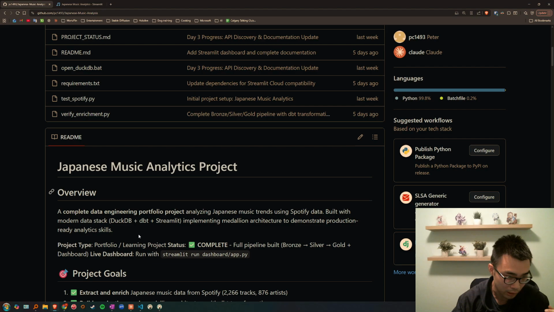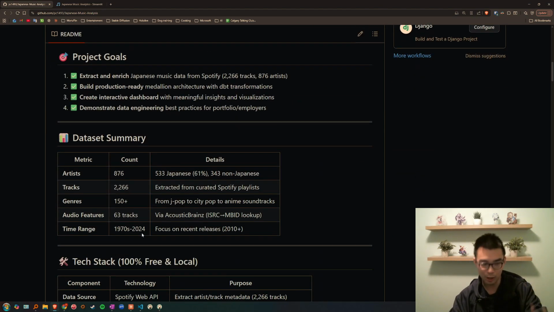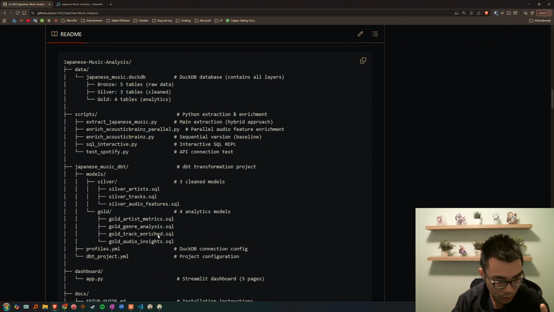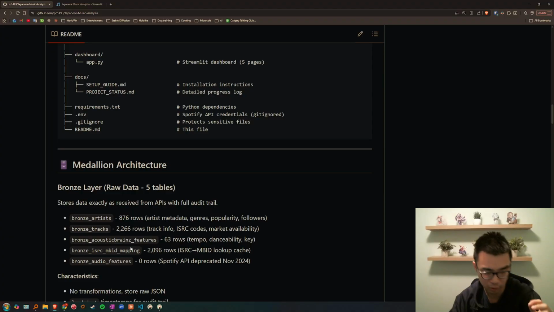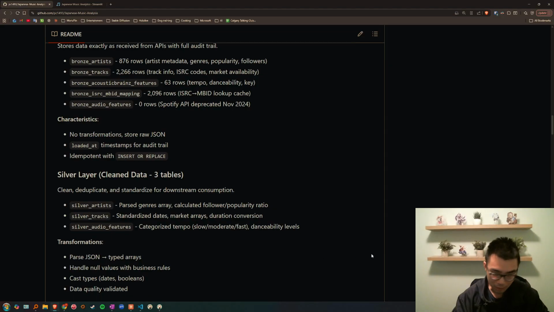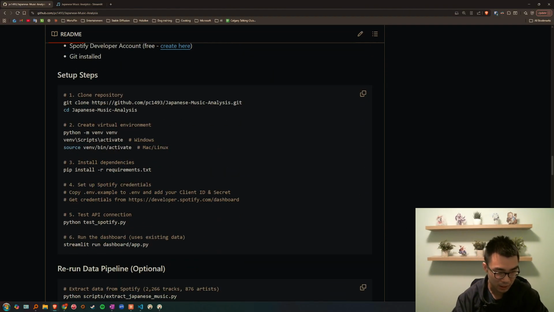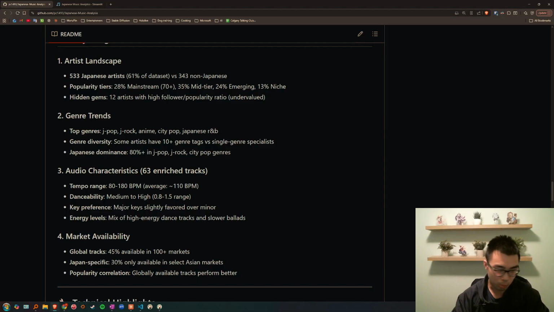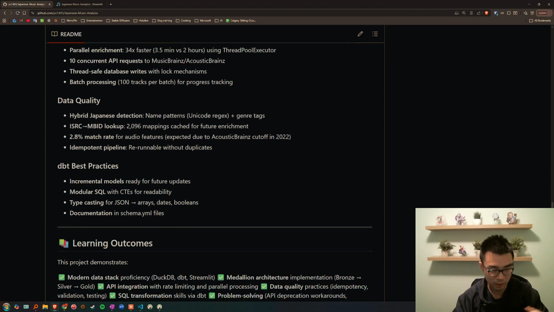So let's take a look at the README here. Now keep in mind, all the documentation is generated by AI as well. So it's really interesting that the documentation is this good. If I were to code something like this, my documentation would look like crap. But here we can see the documentation is very detailed. Of course, a lot of this is boilerplate, and that's why AI is so good at this. But it's still very impressive to me.